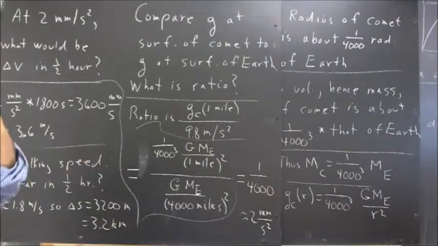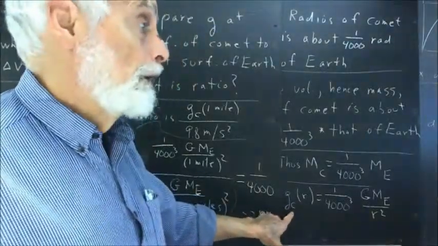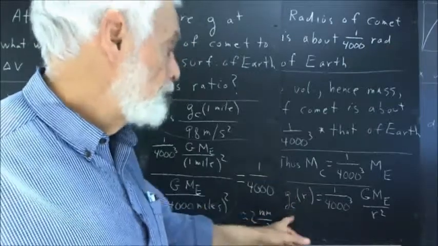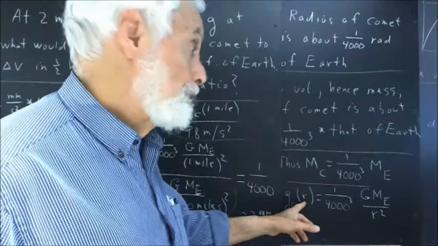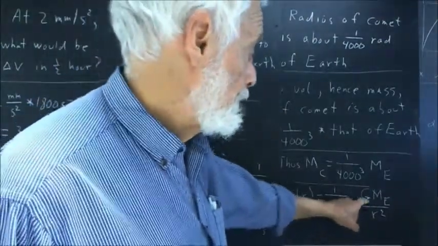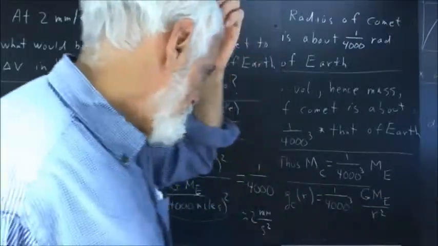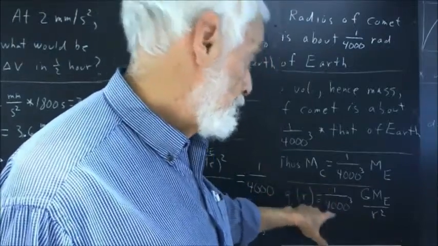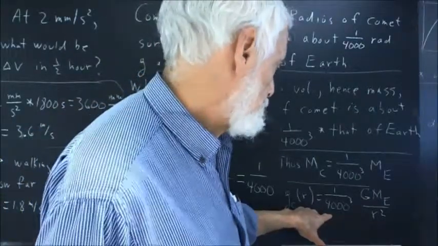As we saw in the preceding, the gravitational field of the comet, which is the gravitational acceleration at distance r from the comet, is 1 over 4,000 cubed times G mass of the Earth over r squared. The 1 over 4,000 cubed is the ratio of the volumes of the comet and the Earth,